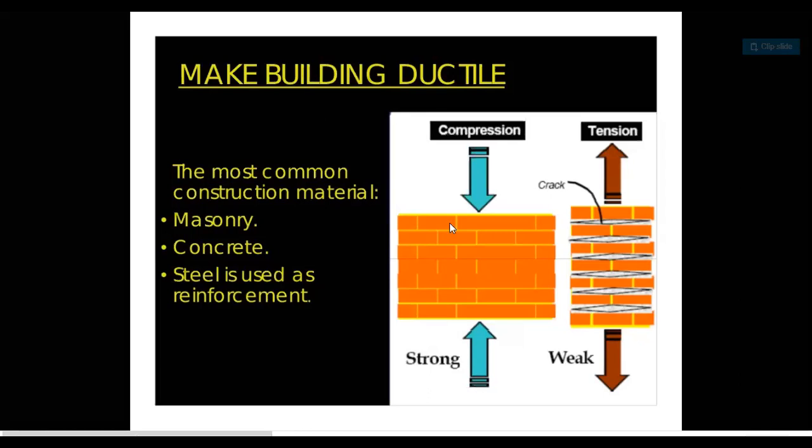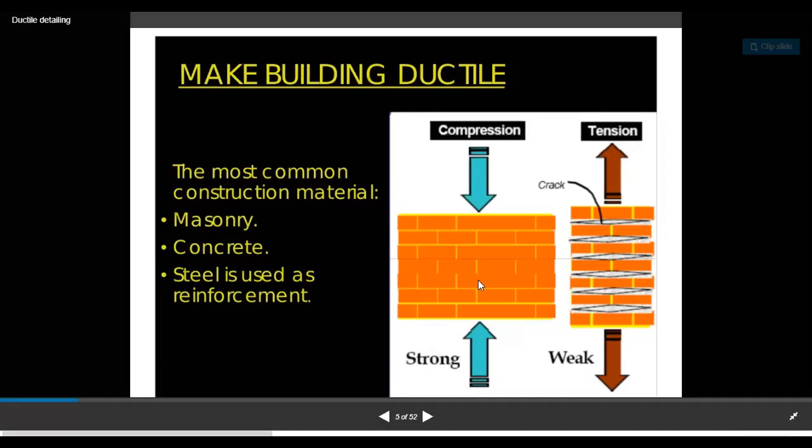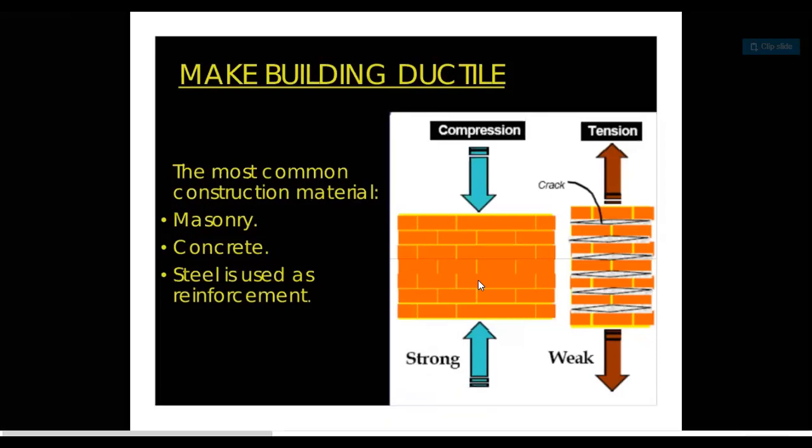You can see here it relates to the height or the length of the two walls. On the tension side, the crack side, the length also goes on increasing, but in the compression member the length of the wall stays the same. Such parameters we have to take care of while planning and constructing our building.